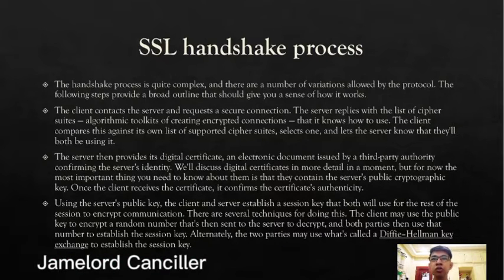The handshake process is quite complex, and there are a number of variations allowed by this protocol. The following steps provide a broad outline that should give you a sense of how it works. Number 1, the client contacts the server and requests a secure connection. The server replies with the list of cipher suites, algorithmic toolkits for creating encrypted connections, that it knows how to use. The client compares this against its own list of supported cipher suites, selects one, and lets the server know that they'll